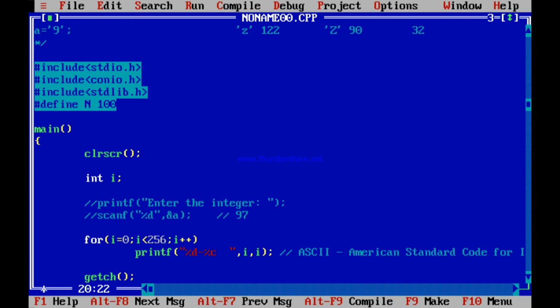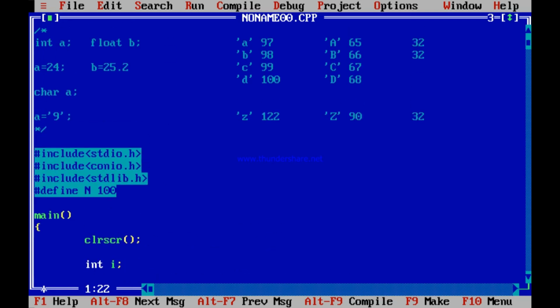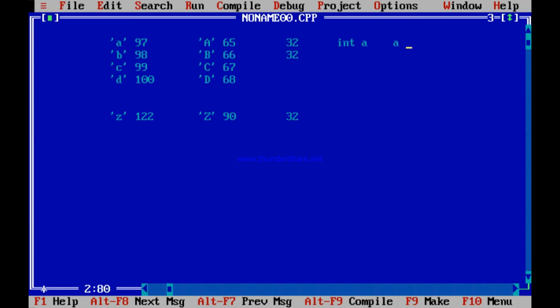Interesting thing is, a character stays in only one memory location. You remember integer? If you declare int A, it takes 2 memory locations. But if you write char A, the declared character A will take only 1 memory location. 1 memory location means how many bits? 8 bits.